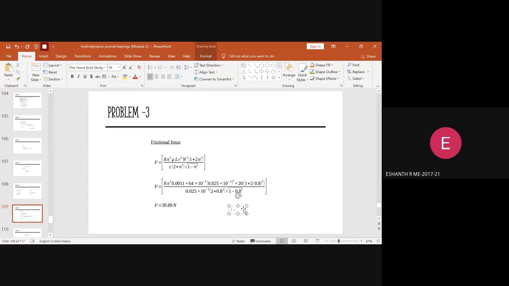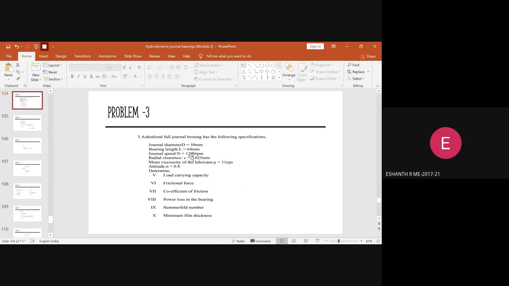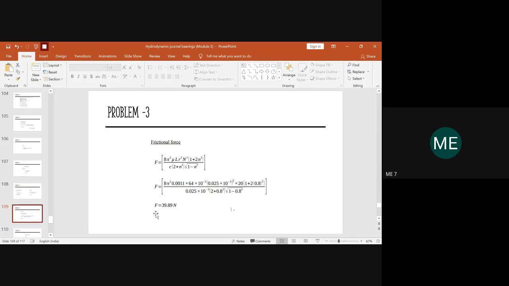One at a time, please. Ma'am, the capital value of N, they have given as 20 in the equation. Shouldn't it be 1200? Okay, they have taken 20 in the equation, but in the problem what has been given is 1200, right? Yes, ma'am. That is the variation they are getting. You just write the actual one and let me know the answer. So F is equal to exactly 2.4 into 10 power 3. 2.4 into 10 to the power of 3. Ma'am, 2.4 kilonewton. Okay.